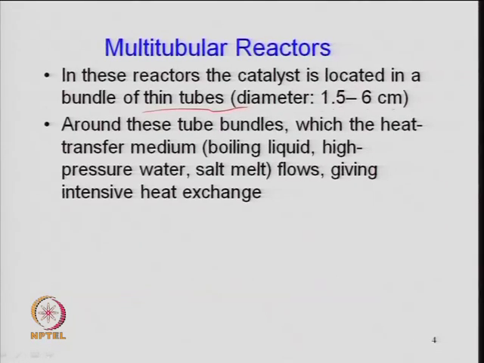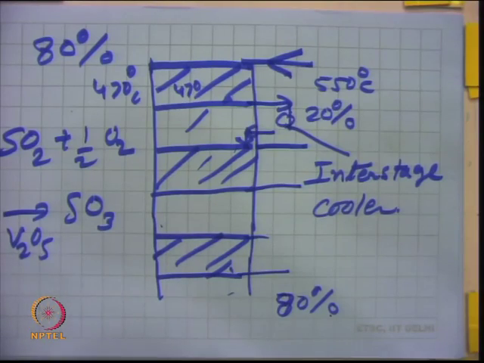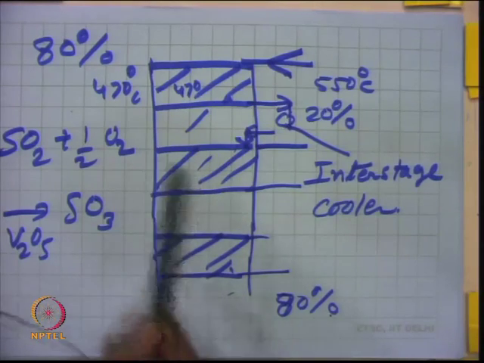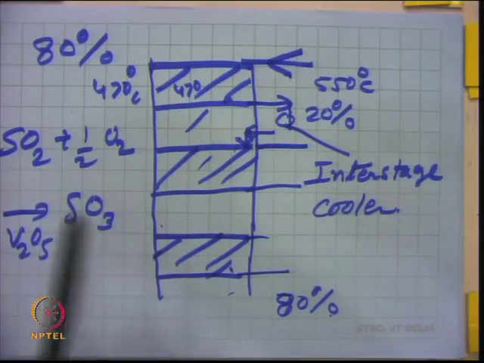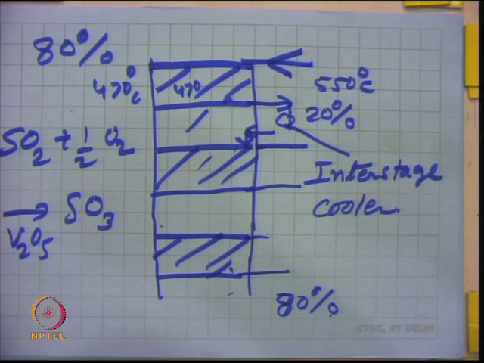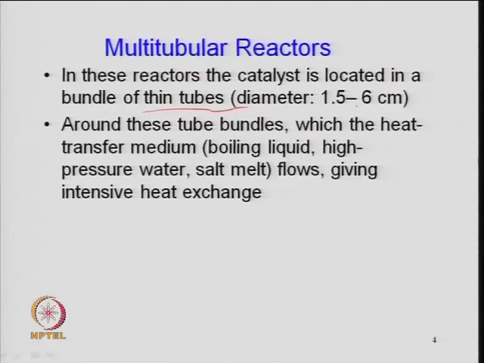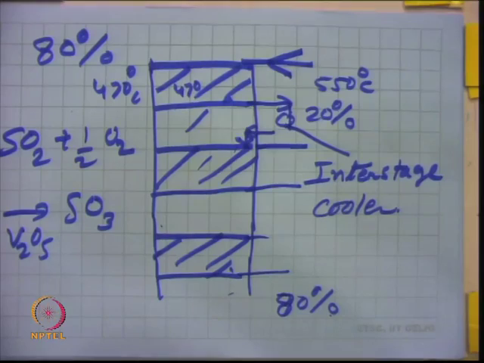So, the range can be like this, whereas if you look at these other kinds of reactors, the diameter can be 2.5 meter, 3 meter or 5 meter. So, large diameter reactors, right. Here the control will be difficult, because there will be a gradient when you have a large diameter reactor, but in the case of a small diameter reactor, the gradient will be less. So, your control is easy, right. Here the radial thermal gradients will be minimum, concentration gradients will be minimum. So, these will be better compared to these other kinds of reactors.